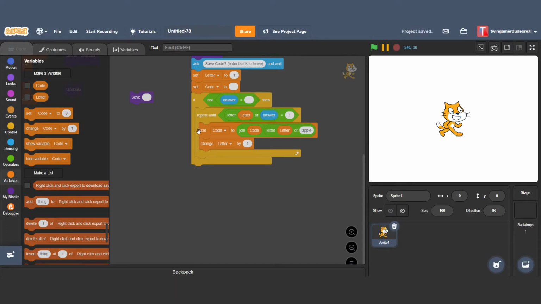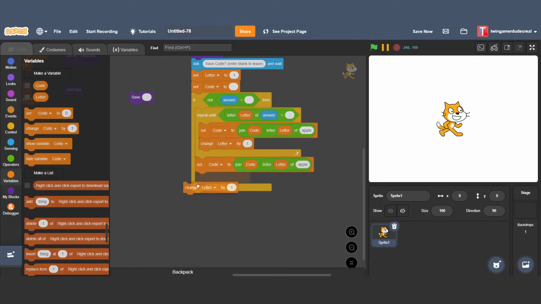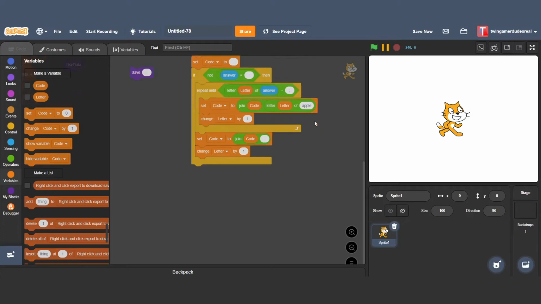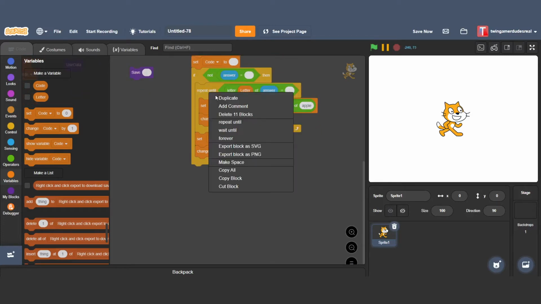and now we want to set code to code join answer with a space, because the code, unlike our save code, is going to have semicolons to divide it, but the code when it's loaded is not going to have that. It's going to skip over it. So we need a space as a declaration of information when the code is loaded in. Then change the letter by 1, and basically we need to repeat